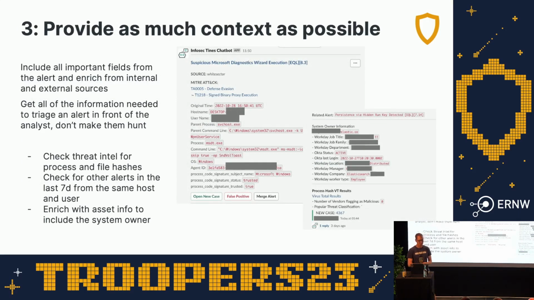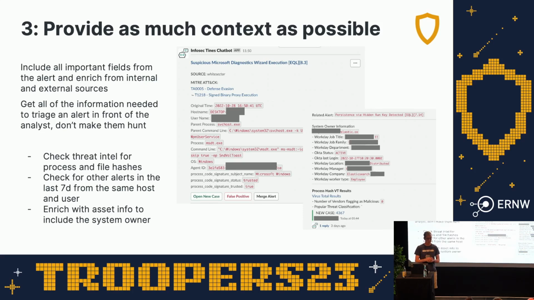Context is key, with all of you. Anybody working in a SOC, anybody who's been there a while, has had those alerts where it says something bad happened. Okay, cool, what happened? And in order to find out what happened, you've got to stop what you're doing, go dig into these logs, go look things up. You've got to take all the context and put it in front of the human. If you're willing to get their attention, then you need to automate all of this effort to get this context.